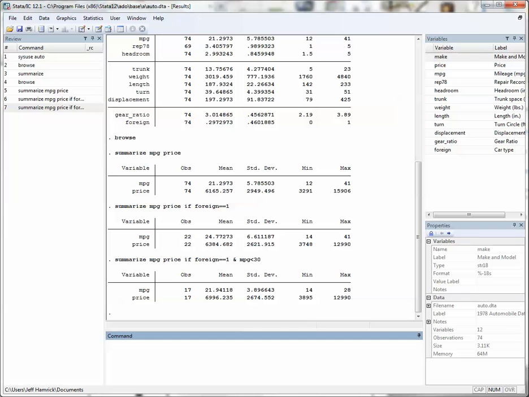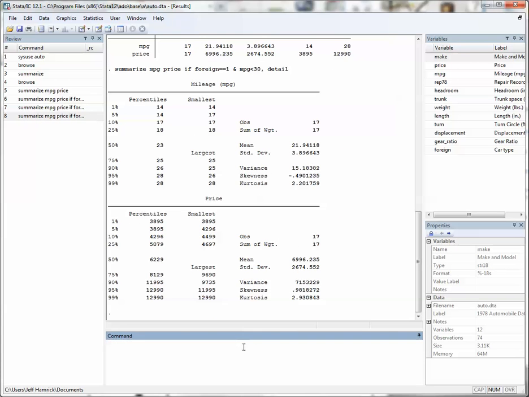Like you might want skewness, kurtosis, variance, these types of things. If you'd like that information, then what you can do here is add the option detail after your main statement, making sure that you put a comma before you invoke the detail option. So if you do this, what we get is a lot more information. We get information about variance, skewness, and kurtosis, like I promised, and we also get information about the percentiles, or